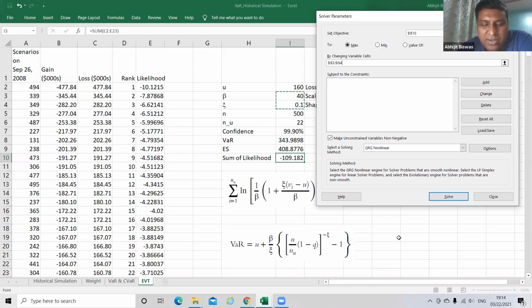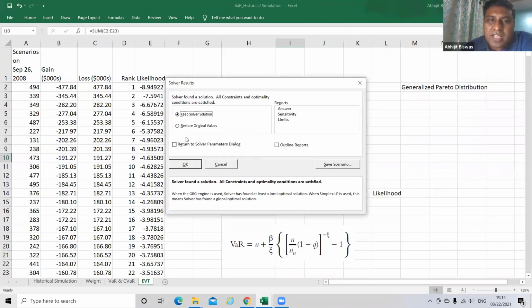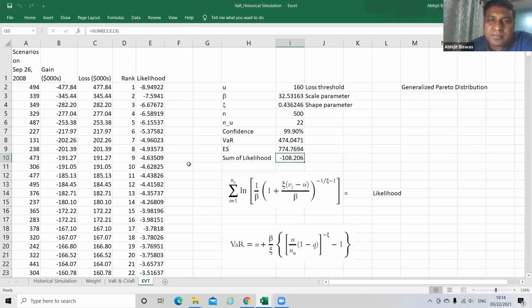That's it. Then you click on Solve. So Solver has found a solution. The ideal parameters are beta equal to 32.53 and xi equal to 0.436246. We started with 40 and 0.1, but this is the optimal value.